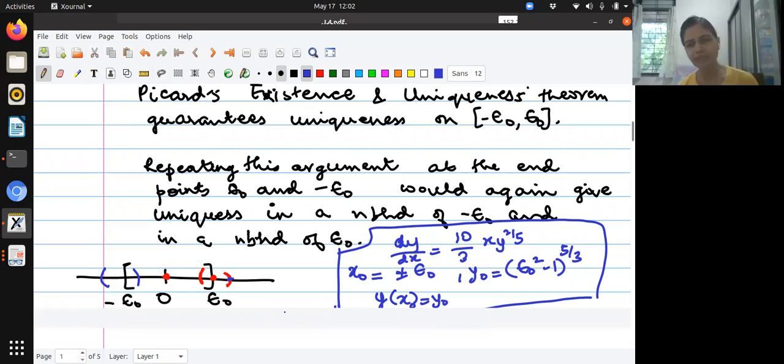Epsilon naught is just a way of thinking, fixing things. You could write something else. You write some open subinterval, and you denote the endpoints of that subinterval as a1, b1, and then you do this argument there. So it's just a way of fixing things for clarity and transparency, nothing more.